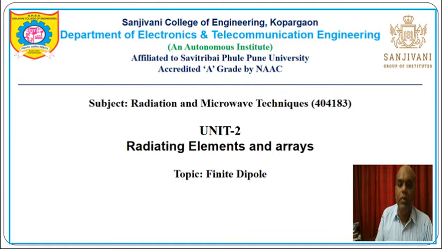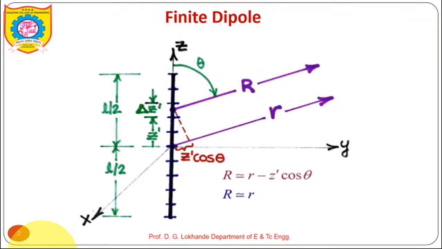Hello friends, unit number 2, radiating elements and arrays, and today's topic is the finite dipole. In the finite dipole, the arrangement of the dipole is shown in the figure, and it is oriented in the z direction. Whenever we are analyzing the radiation characteristics of a linear dipole of any length, this particular radiation